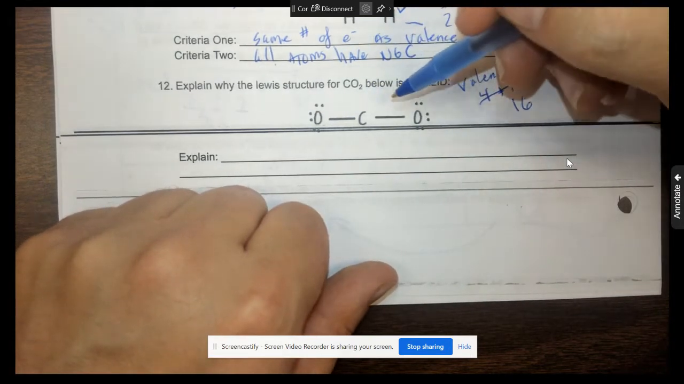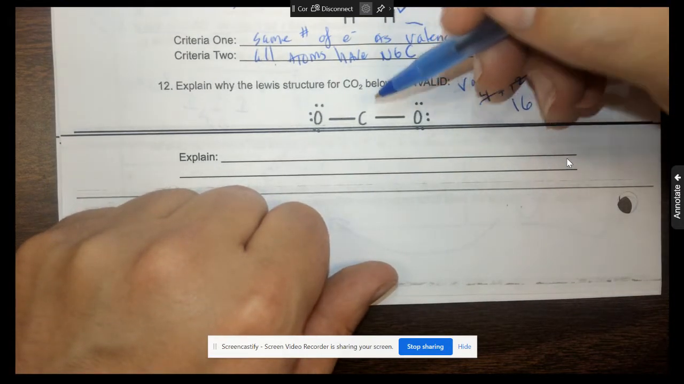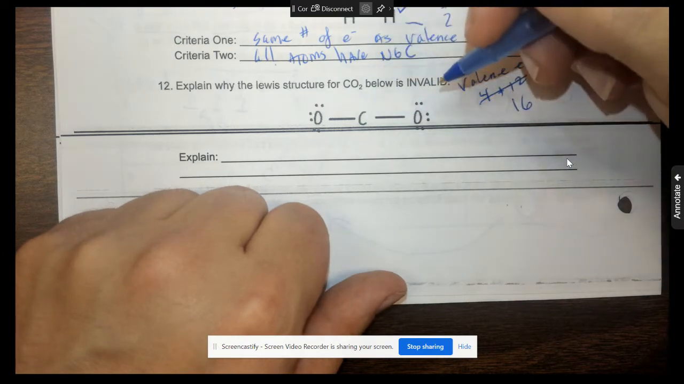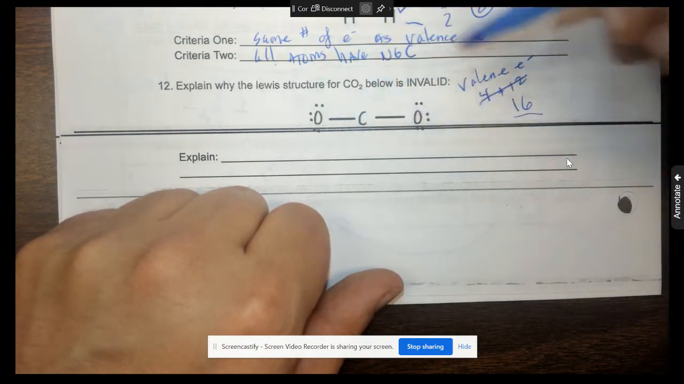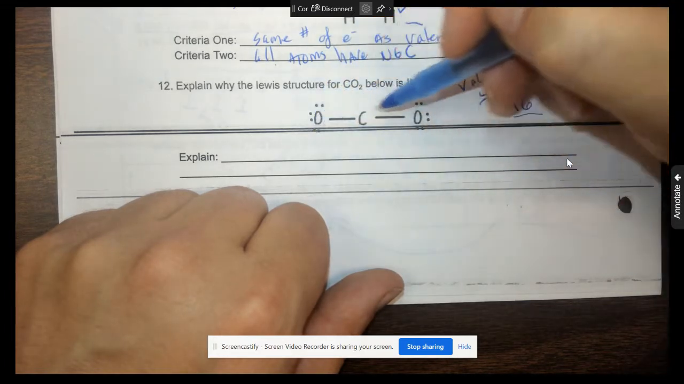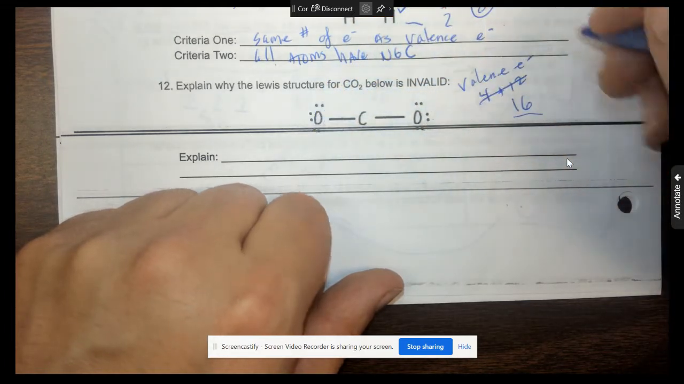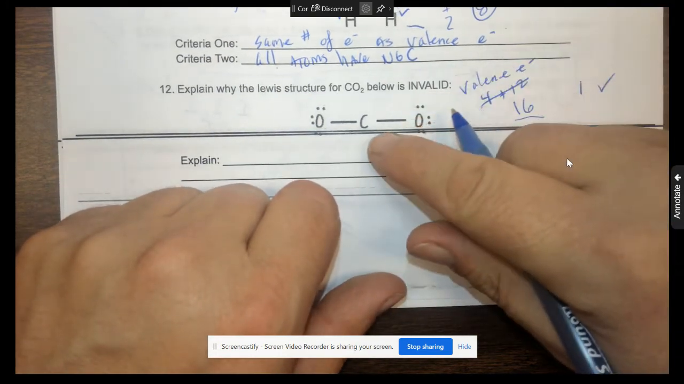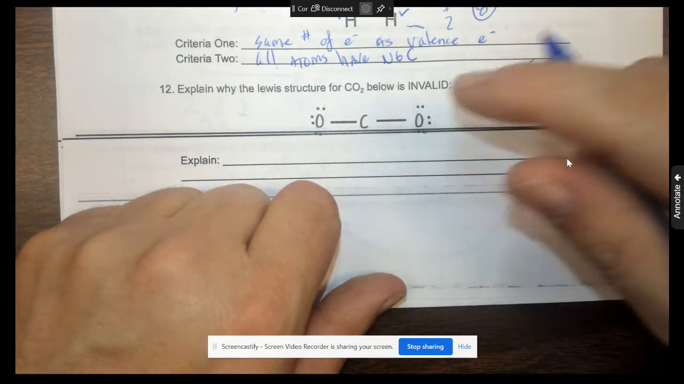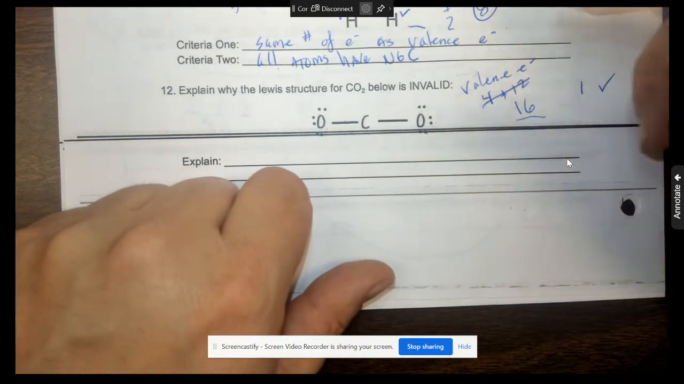Now, if you examine our carbon here, this is for criteria 2. Well, no, let's verify criteria 1. How many valence electrons are in here? 2, 4, 6, 8, 10, 12, 14, 16. So this meets criteria 1, but it doesn't meet criteria 2, which is that each element has a noble gas